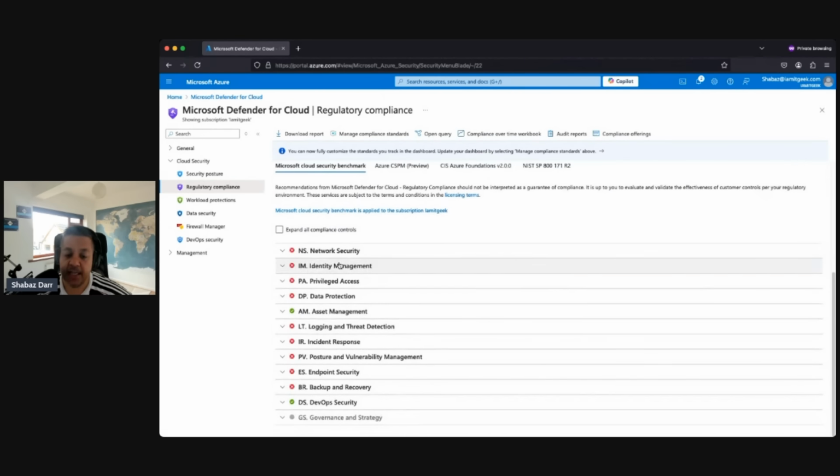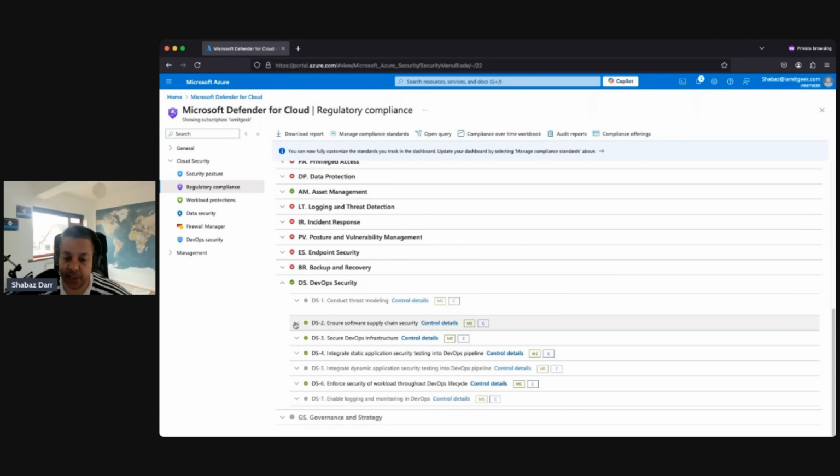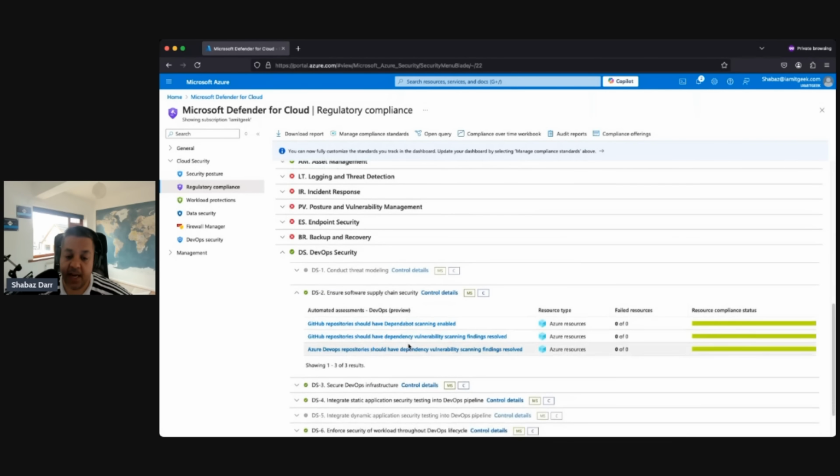We've been here a few times already. Specifically, I want to look at DS, which are those DevOps security controls. And there's 7, as we mentioned. I just wanted to go through some of these and show you some of the remediations. So DS2 is ensure software supply chain security control details. And in here, some of the remediations that we can do. Obviously, I've not got any, because I don't have any that are relevant. But one of them is, for example, for ensuring software supply chain security, GitHub repositories should have Dependabot scanning enabled. GitHub repository should have dependency vulnerability scanning findings resolved, and Azure DevOps repository should have dependency vulnerability scanning